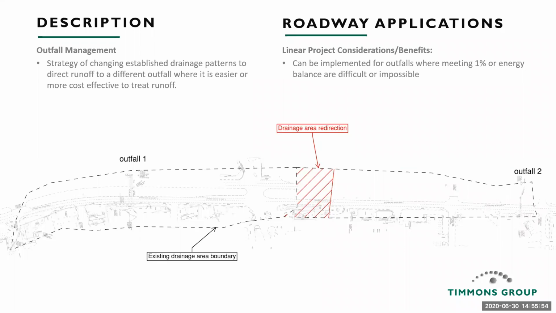A couple situations where you can easily implement this: one is in median ditches where there's a local high point. You can just simply shift the high point of the ditch line. Another is using drop inlets on one side of a high point to pipe water back to the other side.